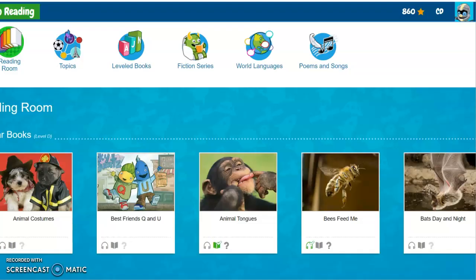So the voice that reads the stories reads it nice and slowly, so it's easy for the students to follow along. So it's nice, the teacher can individualize for the learners. Depending on the student's reading level, the teacher can choose books that will suit that student. And then there's a way